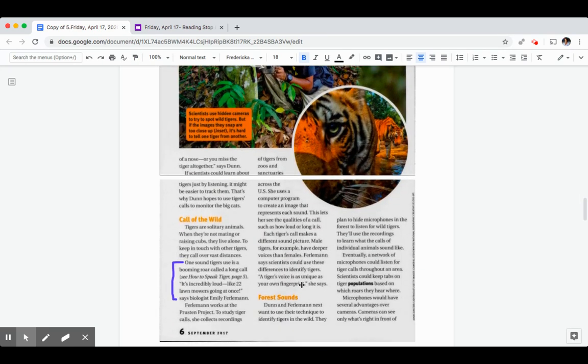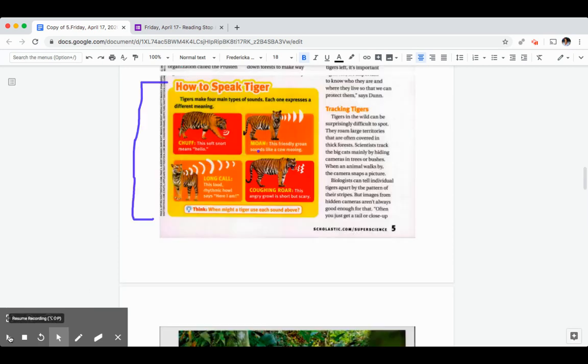And the next time that I saw it mentioned was in the section Call of the Wild, where it says one sound tigers use is a booming roar called a long call. It's incredibly loud, like 22 lawnmowers going at once. So based on the evidence that I just provided,